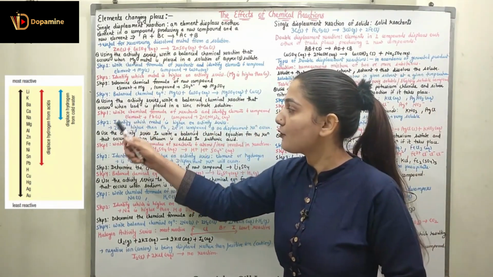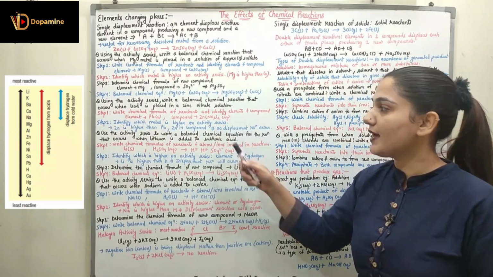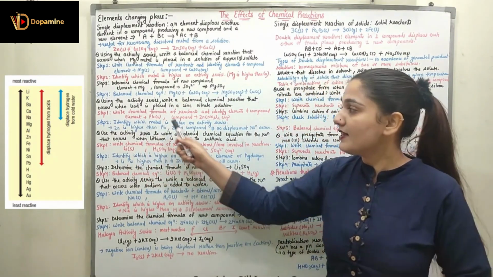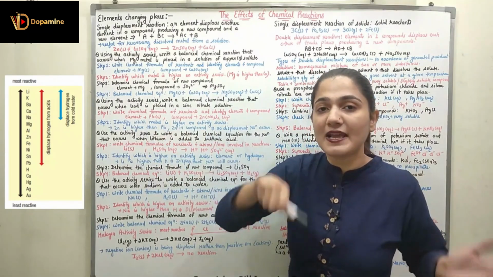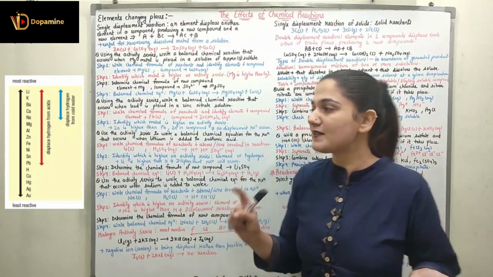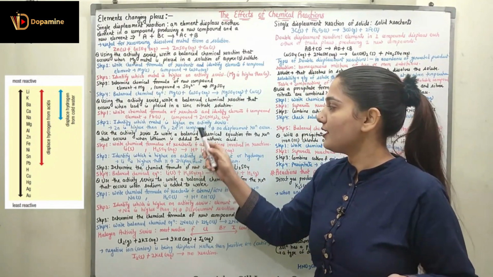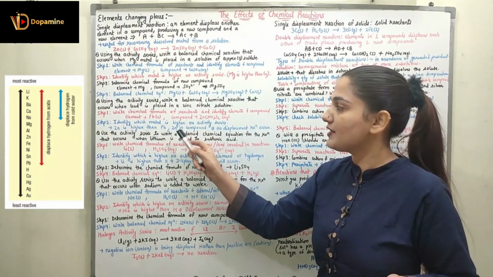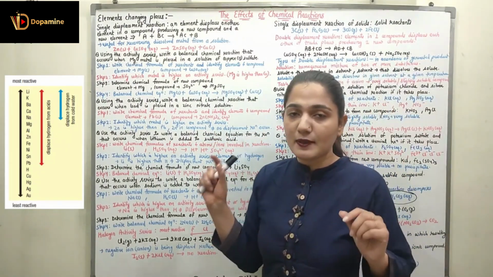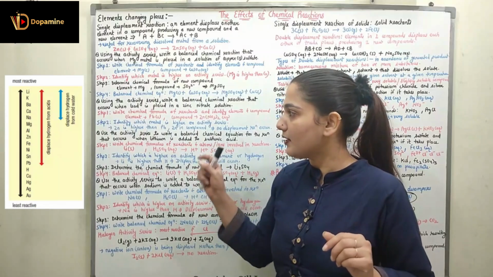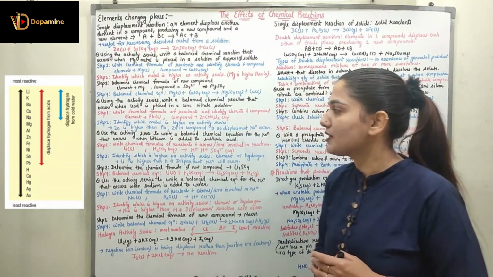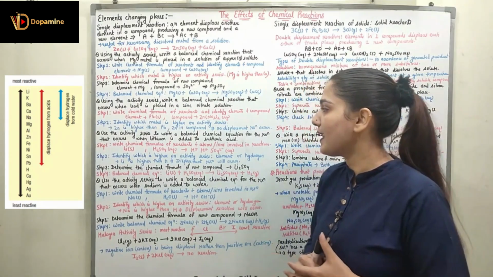In step 2, we are going to identify which metal is higher on the activity series. I know from the activity series zinc is higher than lead. So lead cannot displace zinc because zinc is more reactive. Lead, which is less reactive, is not going to displace zinc from its solution. So zinc is not going to be displaced from its compound. We will not be having any displacement reaction. There will not be any kind of reaction that will occur when I put the lead in zinc nitrate solution.